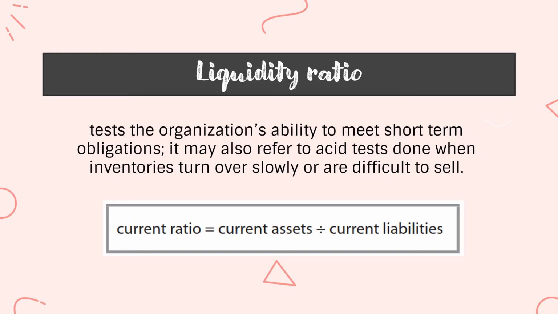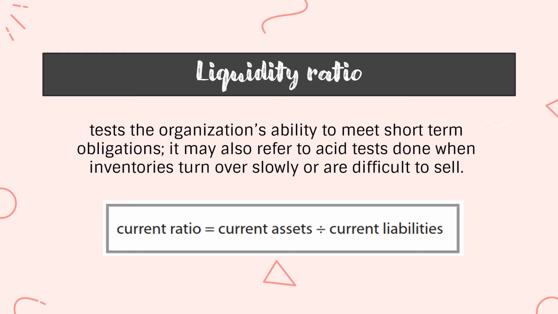Kasi yung cash, siya yung gagamitin natin para sa day-to-day operations or yung mga expenses natin and also for our short-term obligations or yung mga liabilities natin. So that's why how we compute for the current ratio or the liquidity ratio is current assets divided by current liabilities. So again, just a recap for the ABM 12 and for the ABM 11,